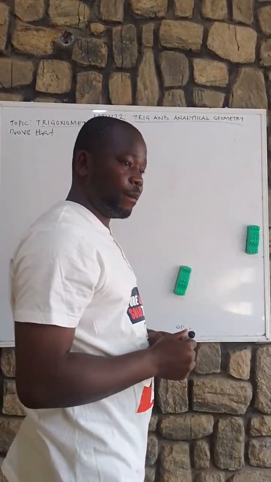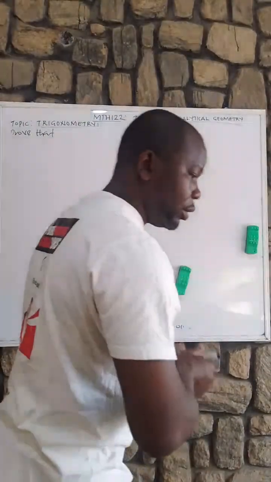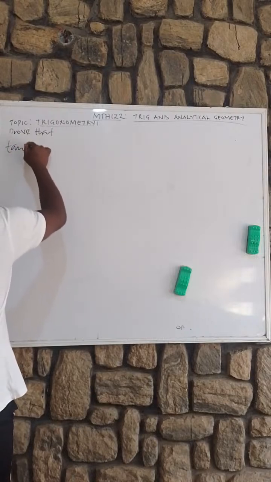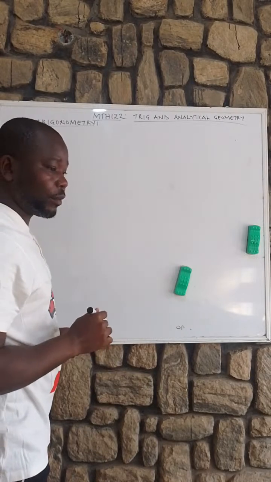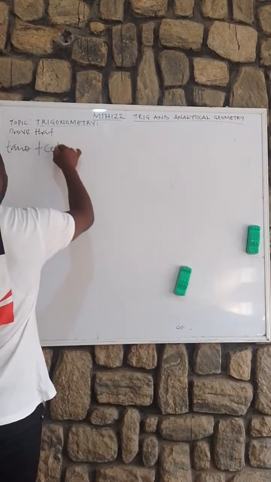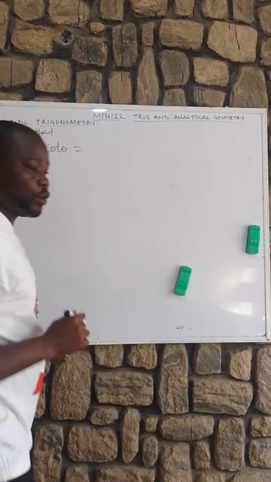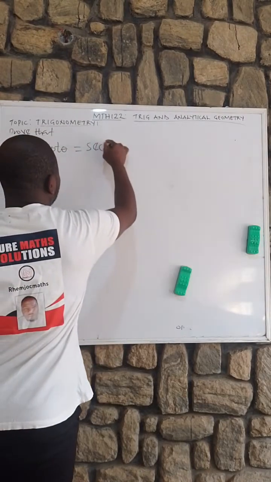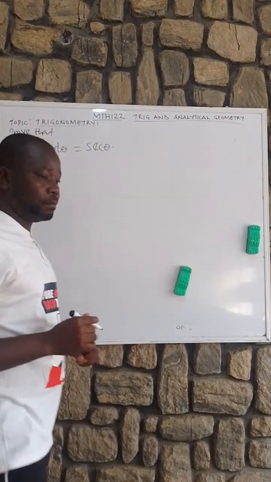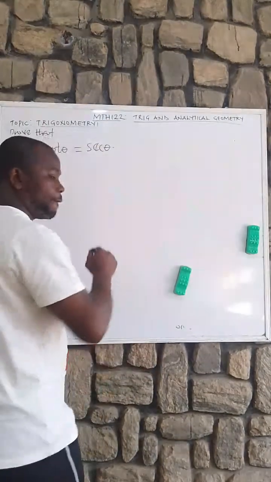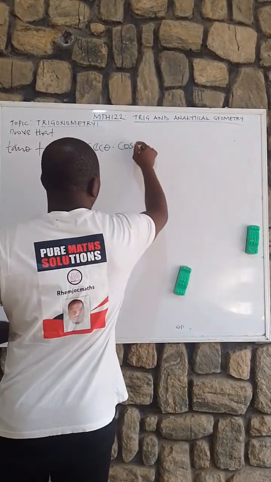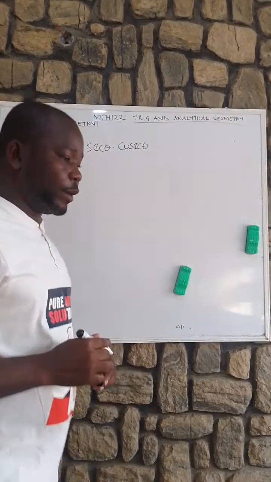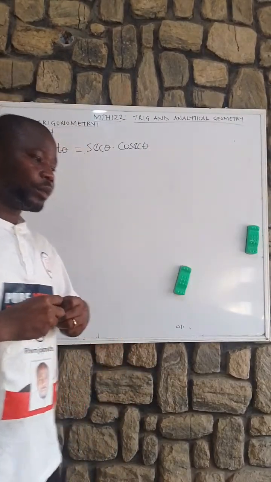Prove that tan theta plus cot theta is equal to sec theta times cosec theta. Okay. So now, what we need to do is note that